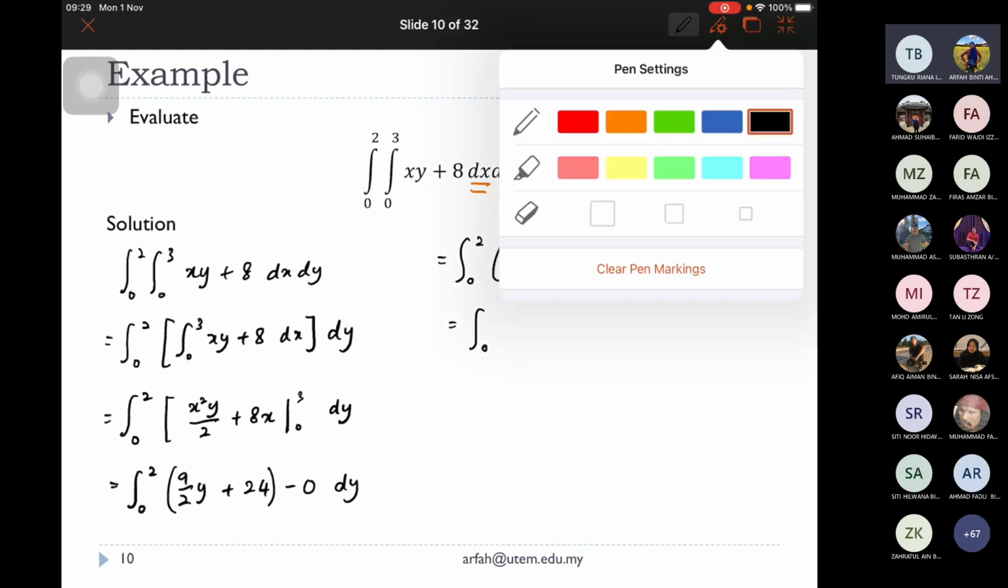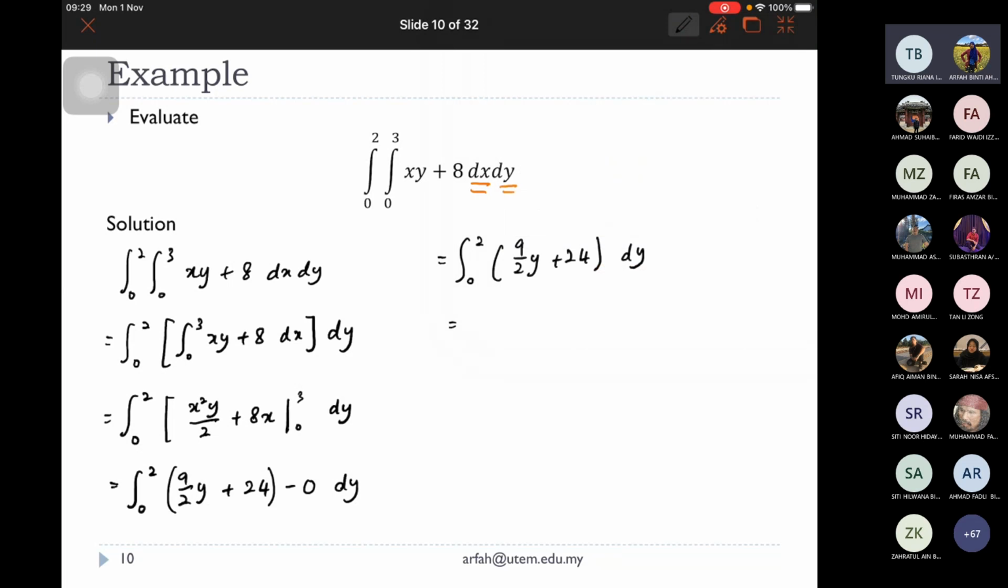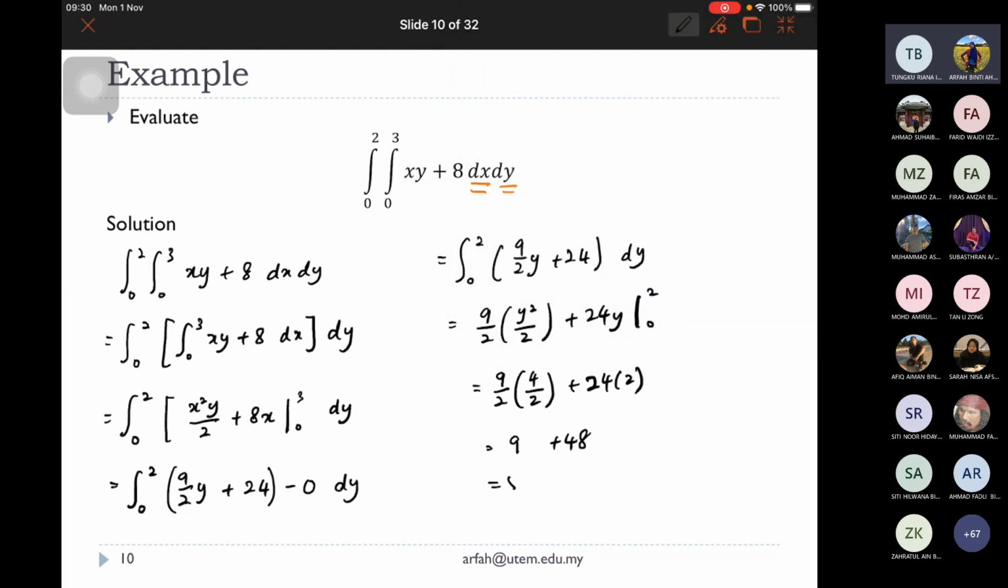That is equal to taking the integration of this one, dapat 9 per 2 y kuasa 2 per 2 tambah 24 y. 0 sampai 2. So dapat 9 per 2, 4 per 2 tambah 24 kali 2. So awak kira lah 4 kali 9 apa? 36. Bahagi 4 dapat 9 tambah 48. Okay. 9 plus 48. So you are going to have this one equal to 57. Itu jawapan dia. So dapat